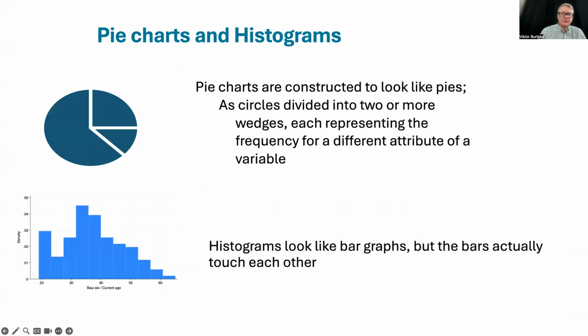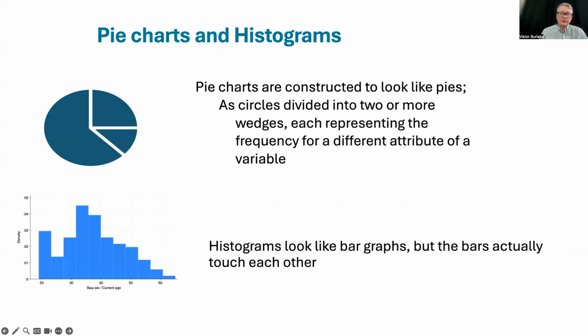Here we introduce pie charts and histograms. A pie chart is a circle divided into wedges, each representing the frequency of a different category. This is a great way to show the proportion of clients accessing different services. For example,